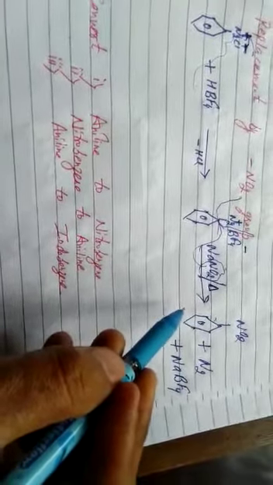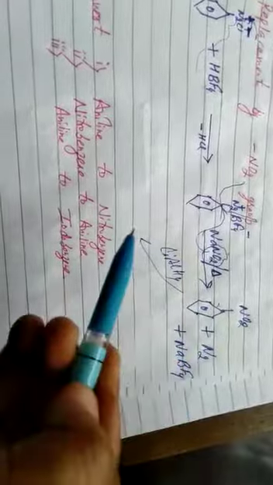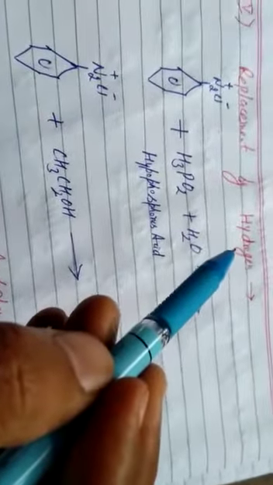That's your conversions assignment. Convert aniline to nitrobenzene. You will do this nitrobenzene to aniline. If we have to make aniline from nitrobenzene, it is simple. We will treat it with reducing agent. Nitro group gets reduced and we got aniline. Third is aniline to iodobenzene. At first aniline diazotization, then treat it with KI. We got iodobenzene easily.